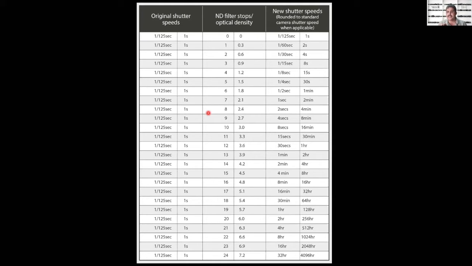The second thing is your focus. Now let's say that you have focus to infinity, or you have focus to a particular point in the foreground where you want a particular element in the foreground, and you want your sky to really go blur. You want your water to go blurry because you are shooting a long shutter speed.